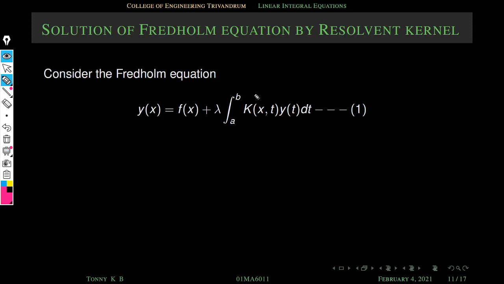The main difference between Fredholm and Volterra is, in the case of Fredholm equation, everything is same except the limit. In the case of Fredholm, limits are definite, some constants a and b. In the case of Volterra equation, in general, one limit is constant, the other limit is variable x. That is the difference between Volterra and Fredholm equation. Already we have seen how to solve Volterra type equations. Now we are going to solve Fredholm type equation.